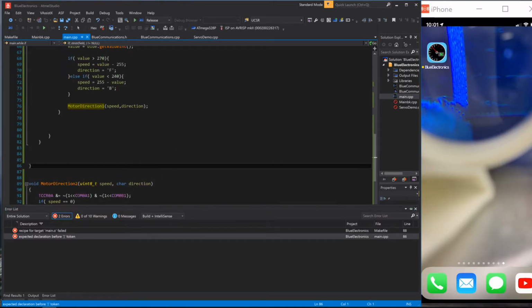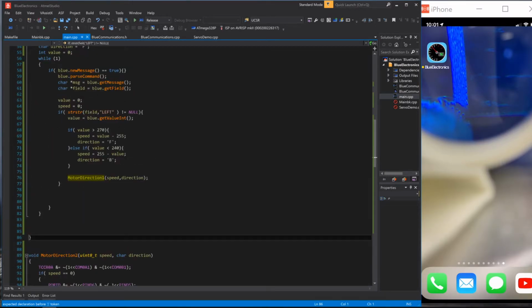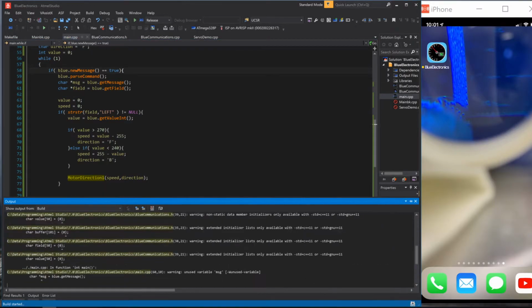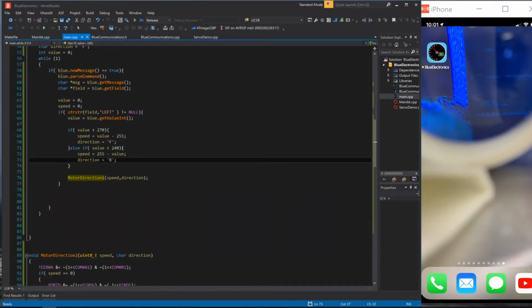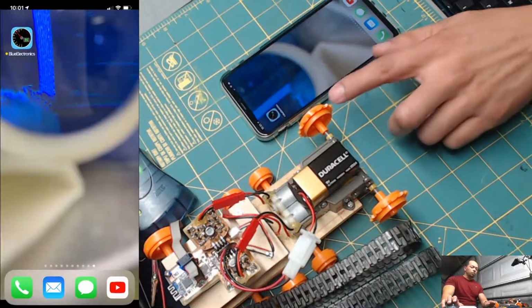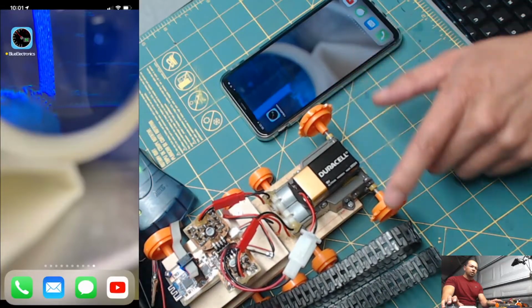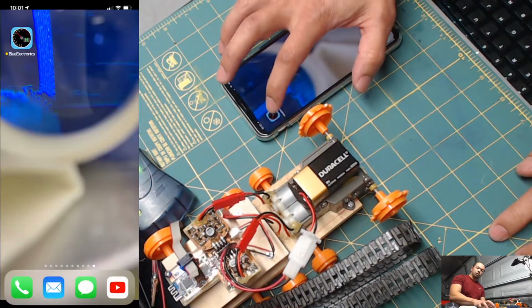Let me find out what my error is. Oh, it's this right here. Alright, let me see. Okay, so we should be able to control one of these right now, which is that little code that we added. So let's open our application,